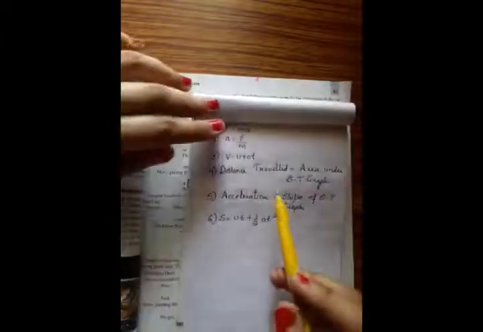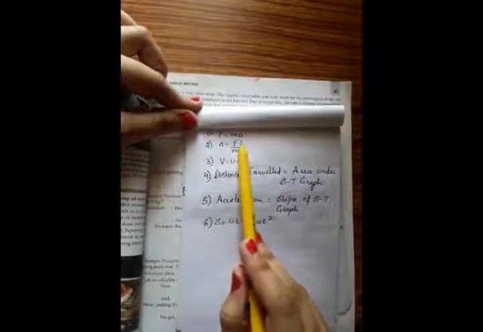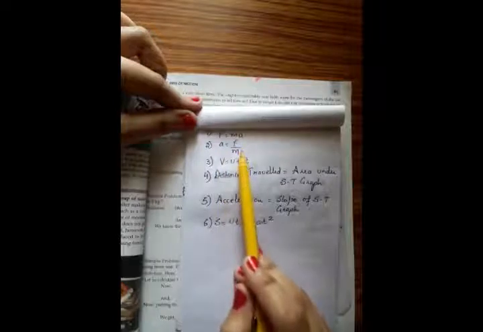Hello students, today we will do numericals related to the concept of Newton's second law of motion, the concept of speed time graph and the concept of equation of motion. Before doing these numericals, we will just remind the formulas that are being used. The formulas are F is equal to ma from Newton's second law of motion. From this we have another formula for acceleration: acceleration is equal to F by m.